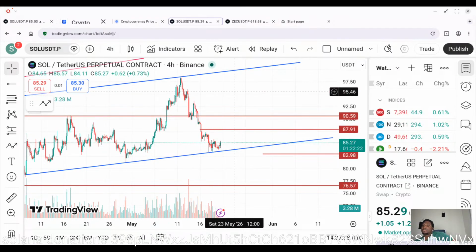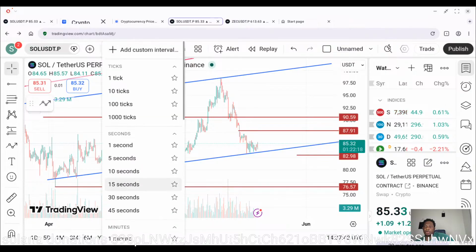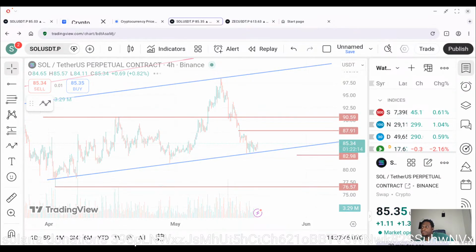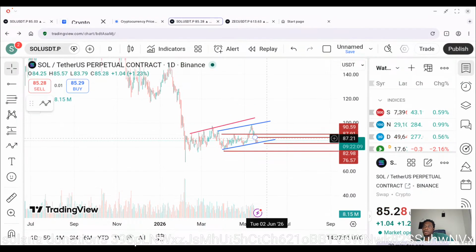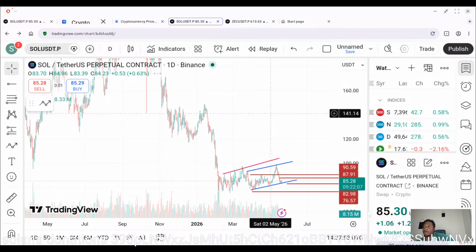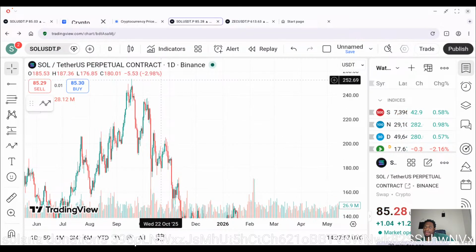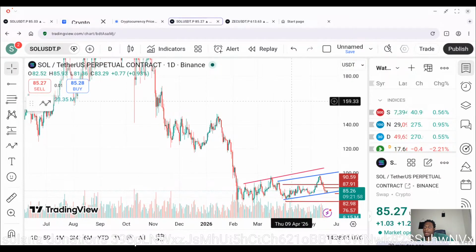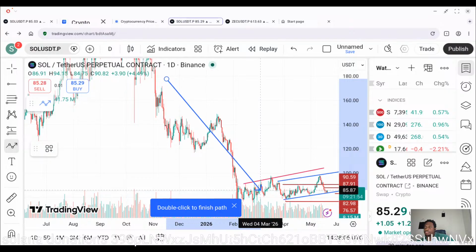Now, someone's asking me what crypto to be looking out for, like when the bear market is over and stuff like that. Because if you can see, this is a day chart of Solana, and as you can see, we've been heading down all the way from 252. We've literally just been going down.